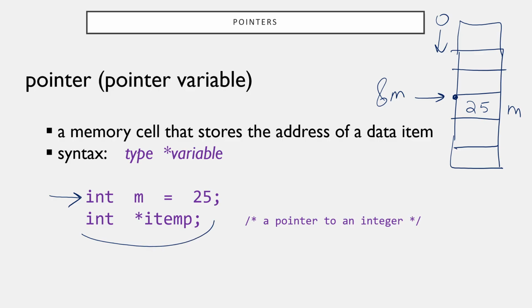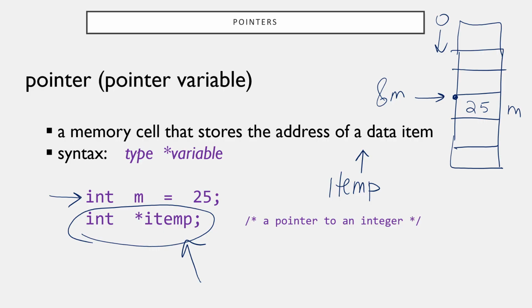Now when I declare a pointer like this, itemp is ready to, it gets declared, it is a pointer, it is an address, and it's ready to point to an integer. But when it gets declared like this, it's not actually pointing anywhere. It's actually waiting to point somewhere. So you have to be very careful when you declare a pointer. It is an address. It can point to an integer, and look at the other videos, but only integer pointers can point to integers, double pointers point to doubles,